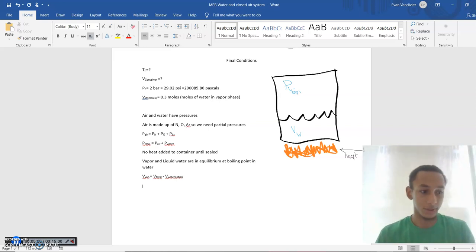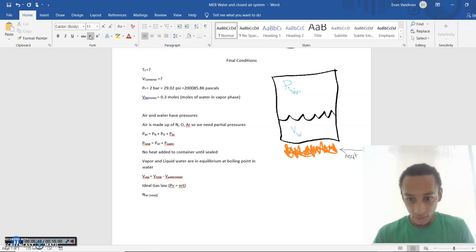After you complete that step, there's another equation that we need. So the ideal gas law, which is PV equal to nRT. So we need the moles of air. So manipulating this, n air initial will be equal to